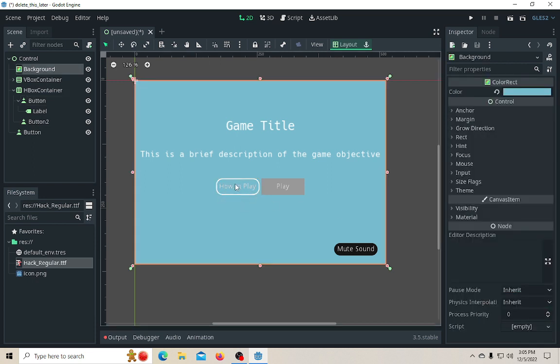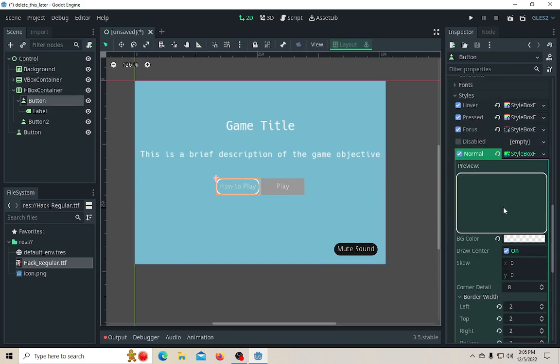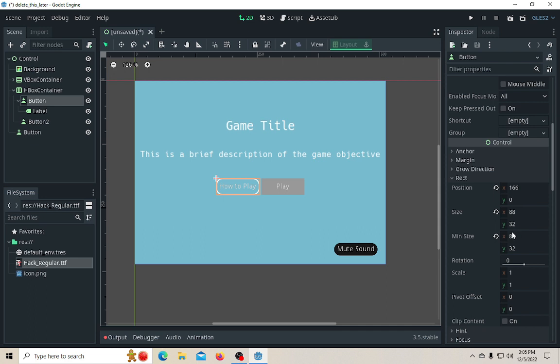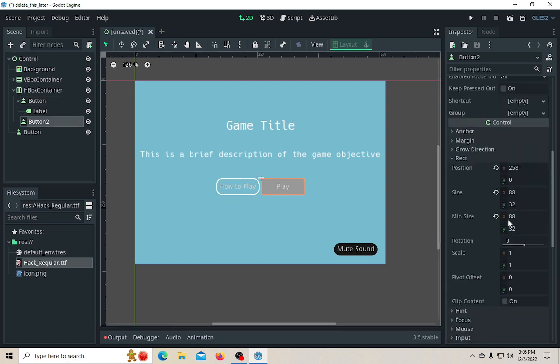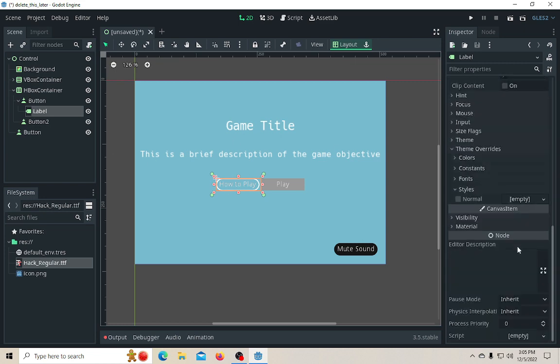Oh, this isn't really rounded. That's more of a rectangle. Okay, so our Y value is a little high. Maybe we should make this 24. Uh-oh. 24. So now they're both, yeah, that looks better. It's a little scrunched in there on the text. Maybe that,